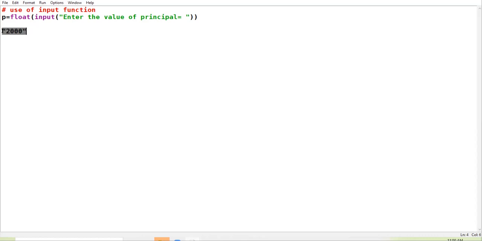So what I have done, the input that I receive, I convert it into float type. Now it has become numeric like this. If I am clear up till here, raise your thumb immediately.